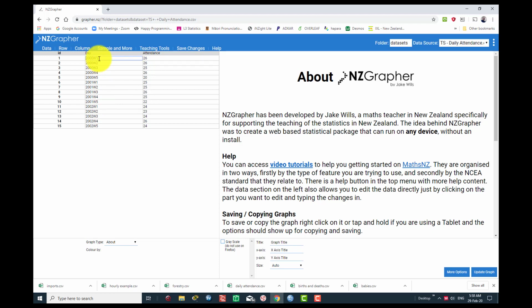It's slightly confusing here because we've got 2000 week 1, and we've got an attendance value there. But that first value is attendance on Monday for that week taken out of the year 2000. This is Tuesday, this one is Wednesday, this is Thursday, and this is Friday. And we'd be interested in seeing if there is a recurring pattern of perhaps declining attendance on Fridays. So we've got